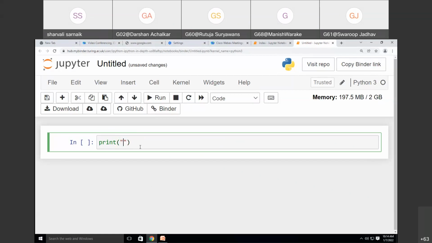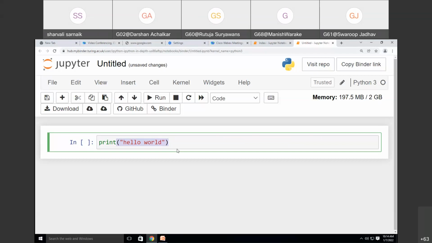And inside those double quotes, I'm going to write whatever I want to print. That is hello world. See, I have written print, in the brackets, inside double quotes, hello world. This means I want to show hello world as an output.